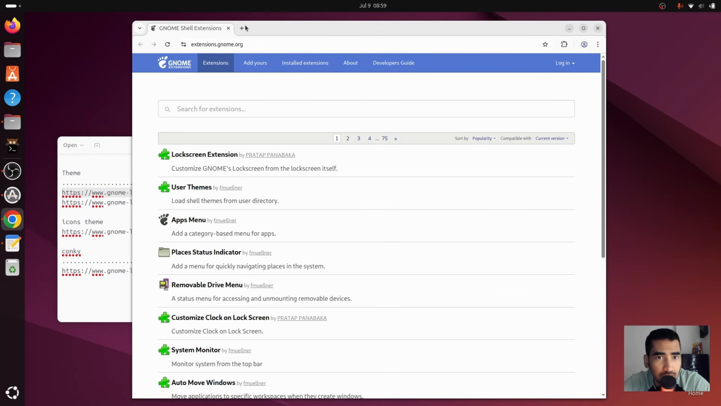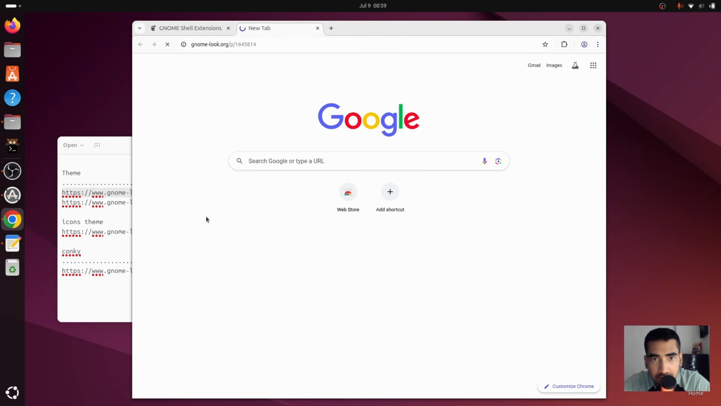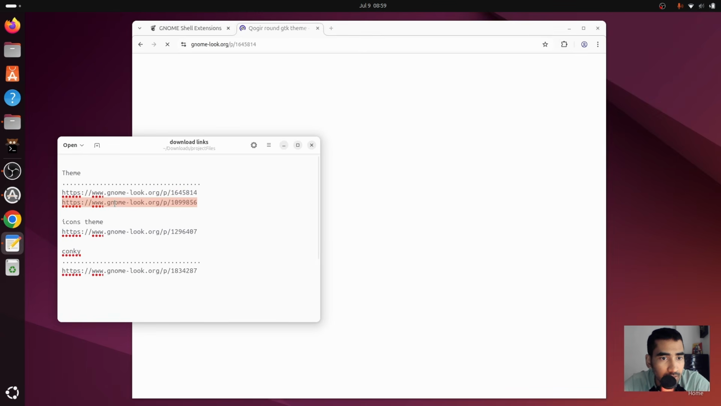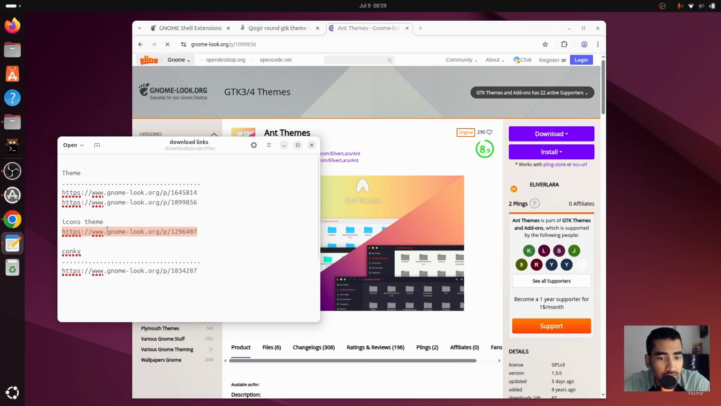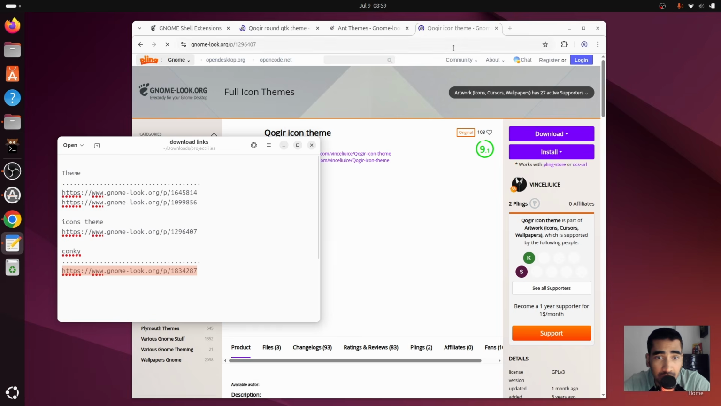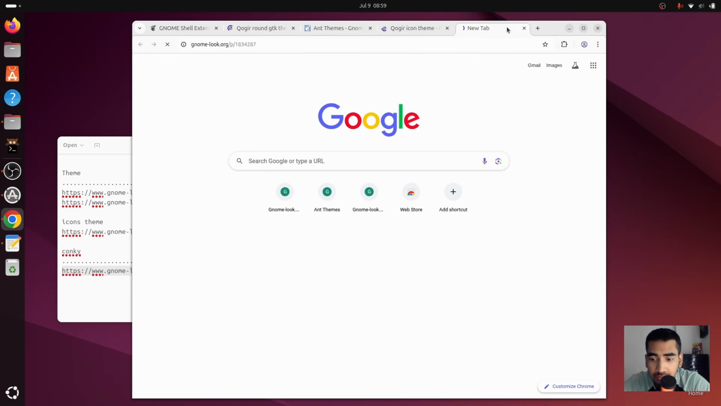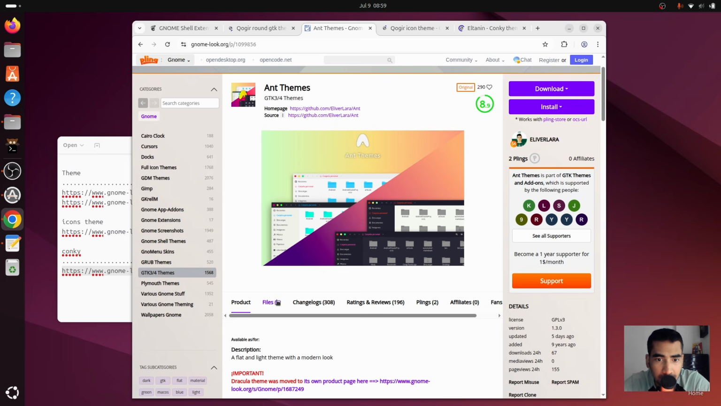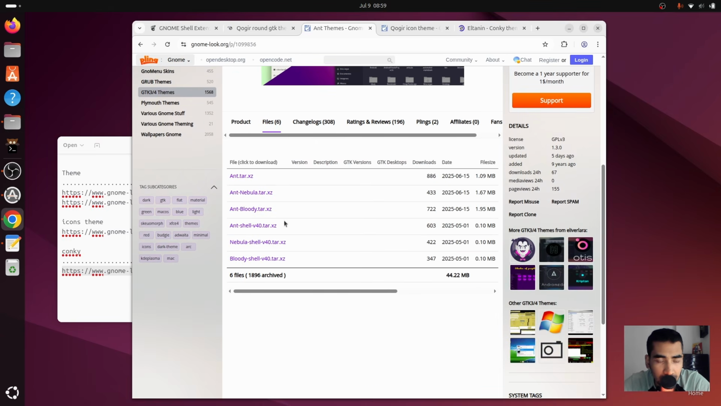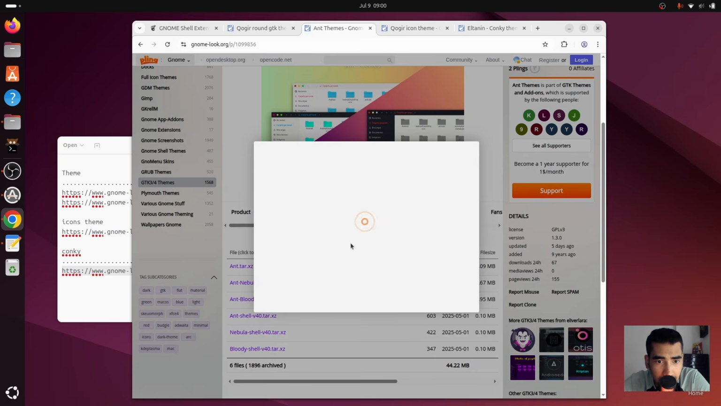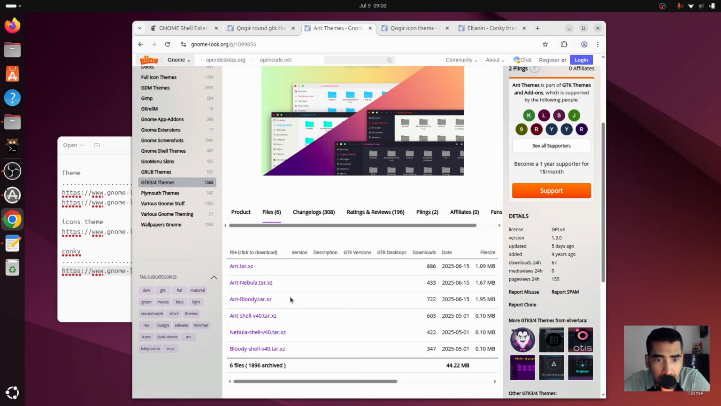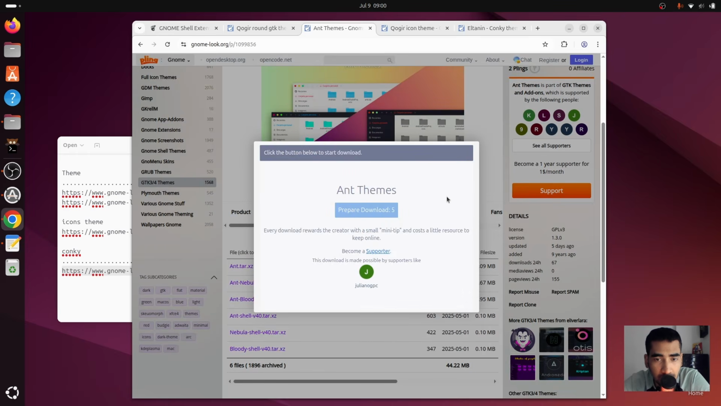So I can go to Google, Chrome, or Firefox, any browser you want. Just copy and paste this themes link that I have provided with the project file. And this is the Conky. So here I'm going to install, let's go for this one, Ant Bloody,